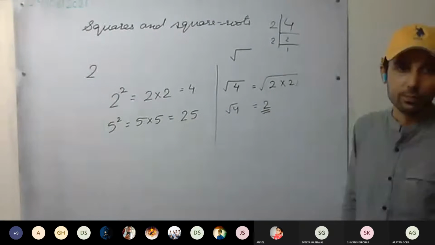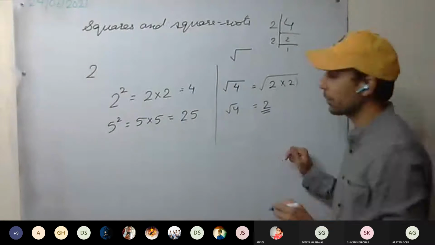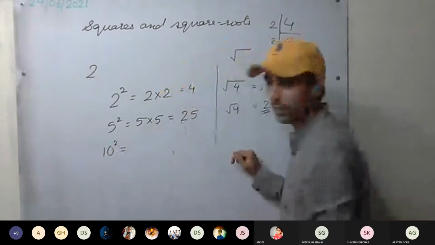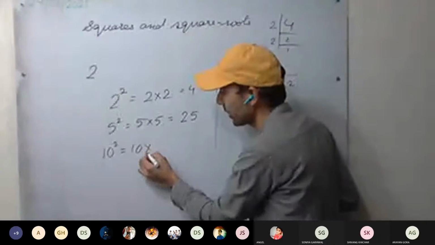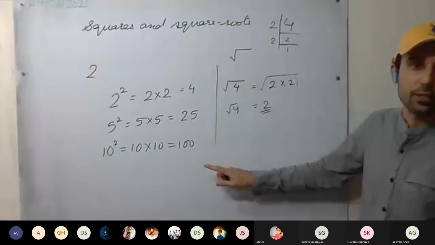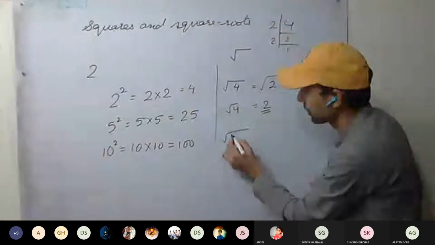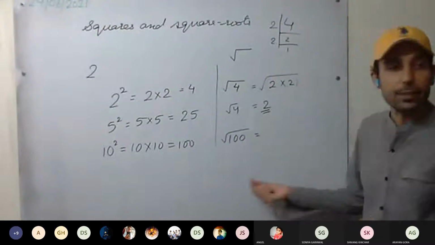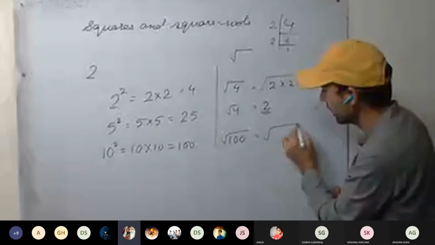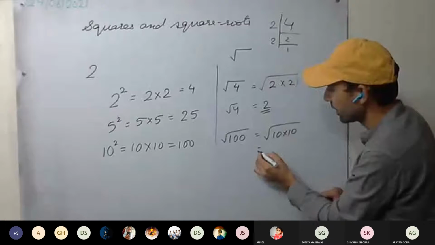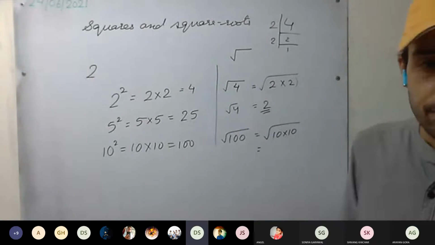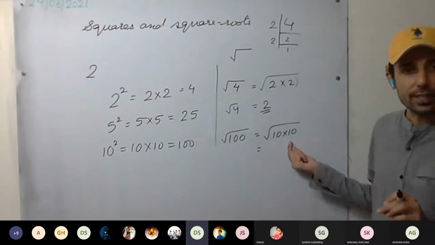2. This is clear. Okay, for example, you have been asked the square of 10. It will be how much? 10 into 10, 100. Now the question asks to calculate the square root of 100. Either you can simply tell it will be 10. How? 10 into 10. Any doubt? No, sir. 10. Root of 10 into 10.